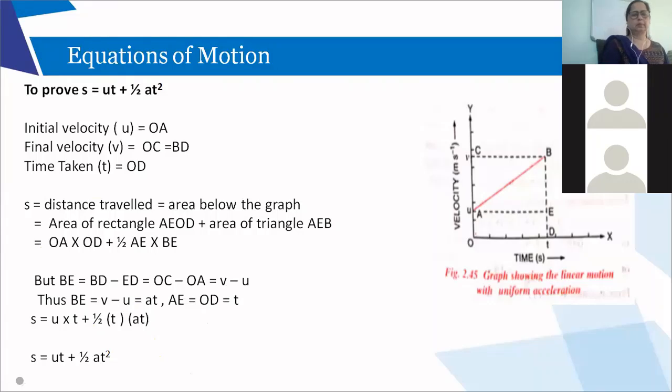Okay, now see here. Did you understand this, BE equal to BD minus ED? Yes. Now BD corresponds to OC and this corresponds to OA. So I said that BE equal to V minus U. Now look at the previous equation. I don't have a blackboard, otherwise, V equal to U plus 80, right? So if I take U on this side, that means V minus U will be equal to 80.